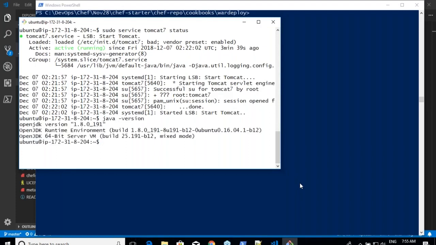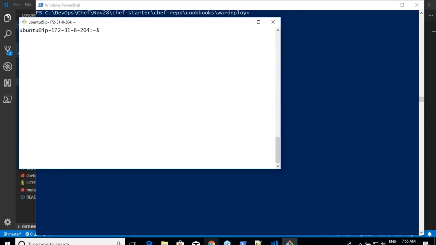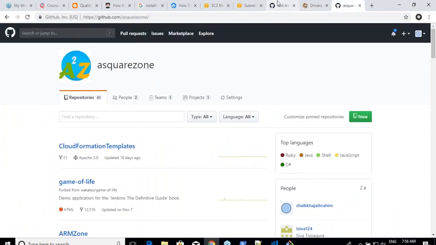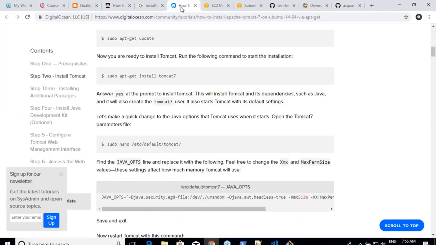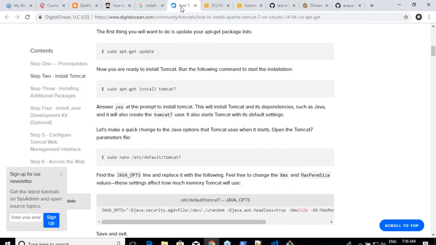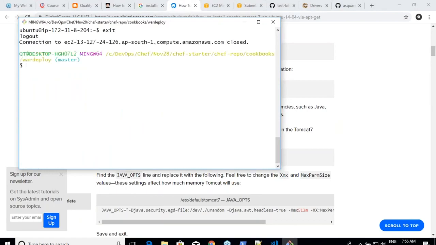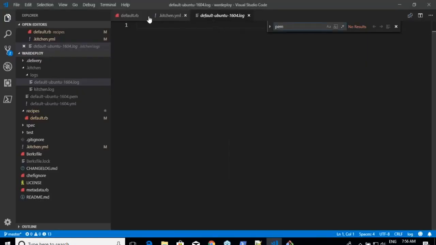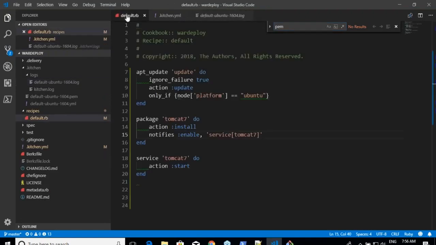So now let me go back to where it was. This one. This is what we have done, right? But we have written all of this stuff in default.rb, and I don't think it is a good idea to write everything in default.rb.